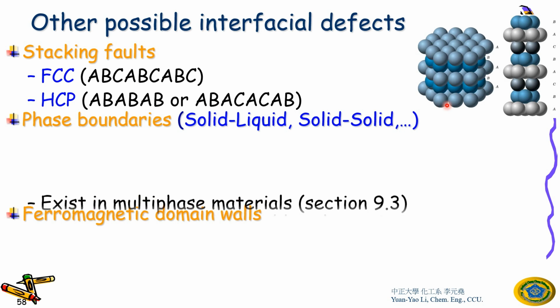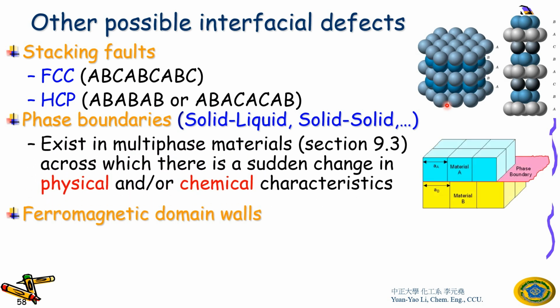Another type is called phase boundaries. Phase boundary is easy. You have phase 1 and phase 2. So between the phases, you have a boundary, right? This is what we call phase boundary. It can be solid-solid, it can be solid-liquid. Okay, and of course, this layer is more unstable compared to the inside of layer A and layer B, or material A and material B. The final is called